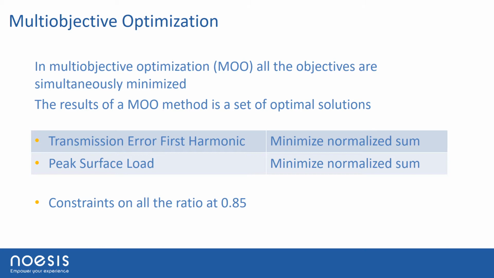And the constraint that we'll have is that all the ratios need to stay below 85%. And remember, if we had 8 load cases, we have 4 ratios per load case, so that means 36 constraints that we'll need to check for all our input values that we are going to check. And so we'll do multi-objective optimization, which means we'll try to minimize those two at the same time while satisfying